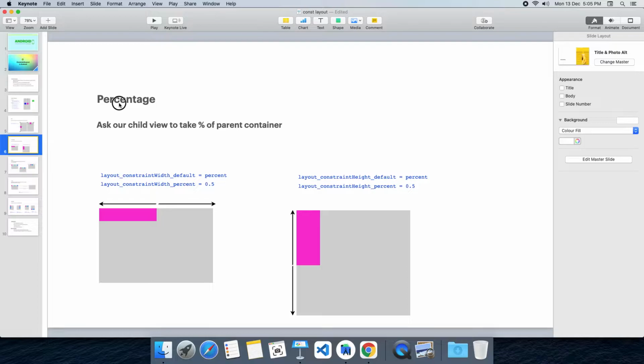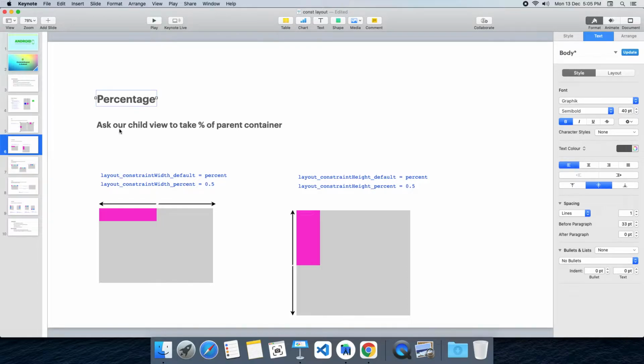Let's discuss the percentage property. When you want your child view to take a percentage of a parent container, at that point of time, the percentage property is important. Now let's ask one of your child views to take 50% of the parent width.